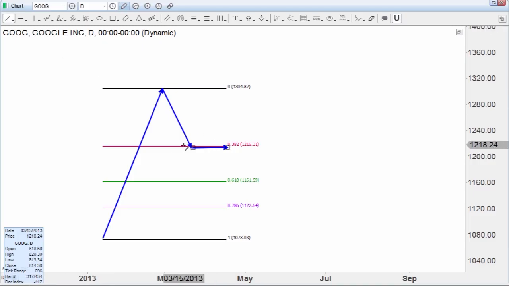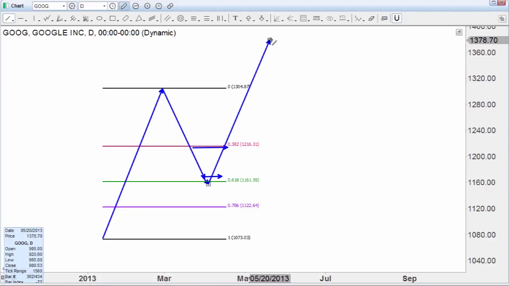It just continues lower and lower and lower until finally the pain becomes so much that the trader says, all right, I can't deal with this anymore, so I'm going to go ahead and exit my position. So they end up exiting the position right there. Well, sure enough, no sooner did they exit the position than the market runs right down into the 618 retracement and then rallies off of that onto new structure highs,